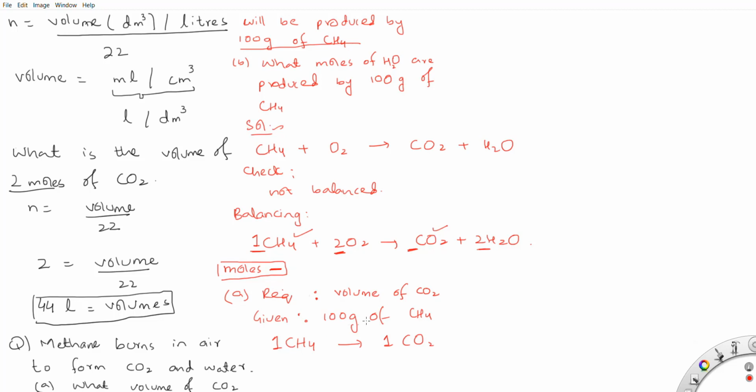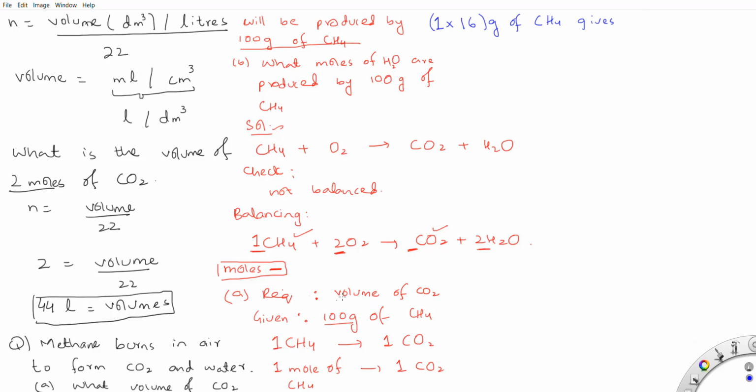So what I'm given is 100 grams of methane, but here it is 1 mole. So now I need to convert this mole into grams. How can I do that? We just learned that in the previous calculations. In order to convert moles to grams, we multiply moles with the molar mass or relative molecular mass, that is 16 in case of methane. So 16 grams of methane gives 1 mole of carbon dioxide, and again